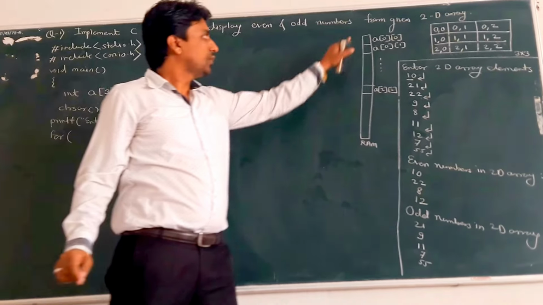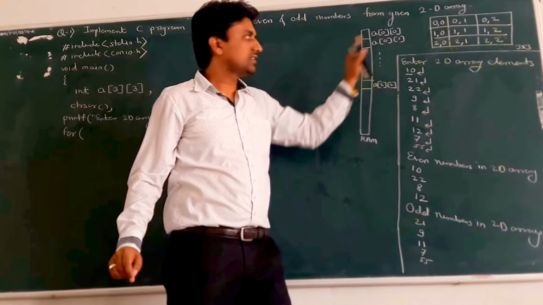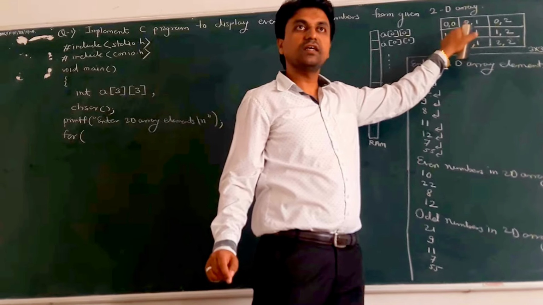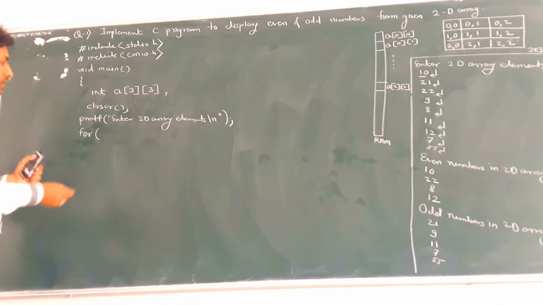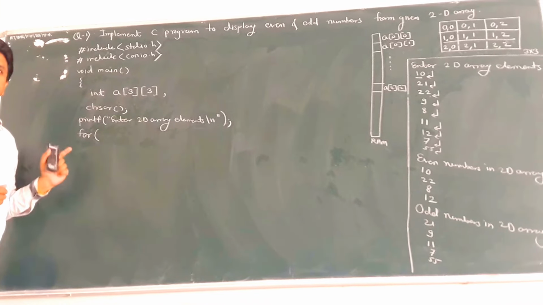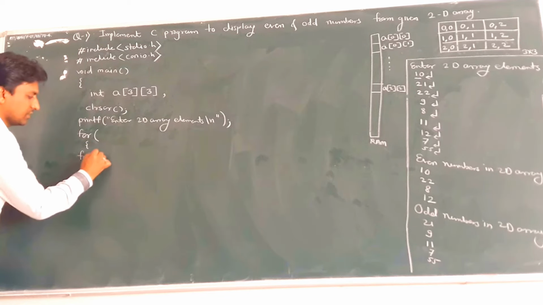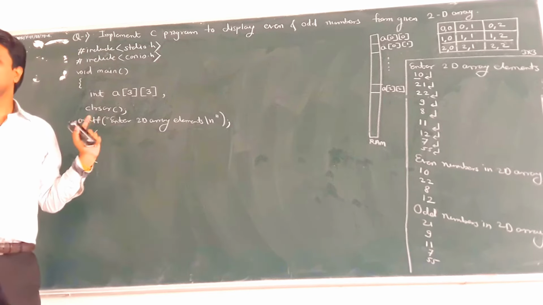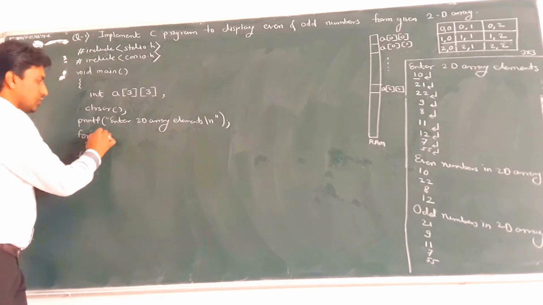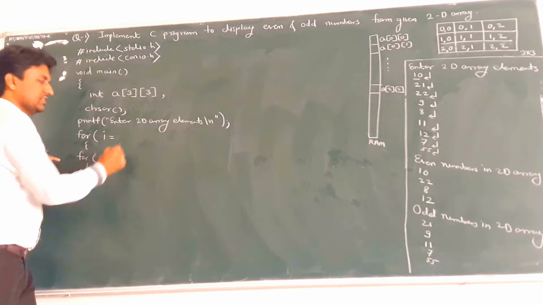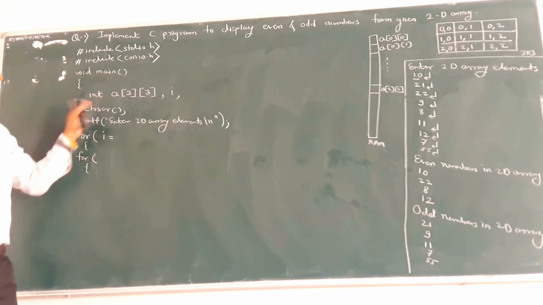This is called memory management, memory allocation for a two-dimensional array, and this is its graphical representation. Next, for scanning 9 elements we have to use 2 loops. Here we have to use the for loop. The first for loop gives you the number of rows. So for that the variable i is used, so declare i at the first line of your program.